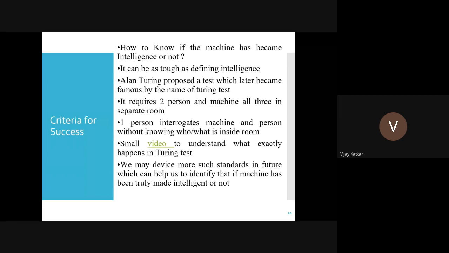So similarly, if you want to decide whether the machine is intelligent enough, then again it's a tough definition. For example, you want to say the computer can play chess against a human and beat the human, but which humans can it beat? Can it beat grandmasters, or can it beat the world champion, or can it beat normal or hobbyist chess players? Based on that, again, it's intelligence. Am I right?